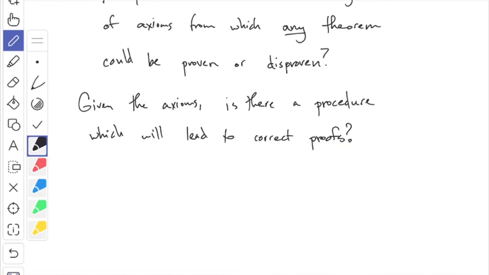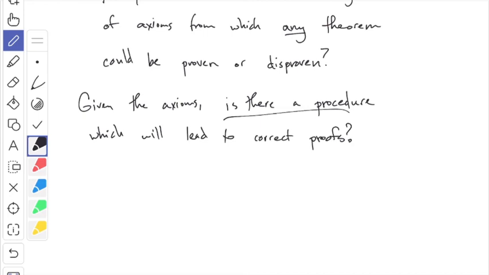it would mean people who are trying to do mathematical research by hand should just find something better to do. Why don't you just let a computer prove all the theorems for you, if that's even possible, right? Is there a procedure, though, which will lead to correct proofs for any imaginable theorem? Anyway,